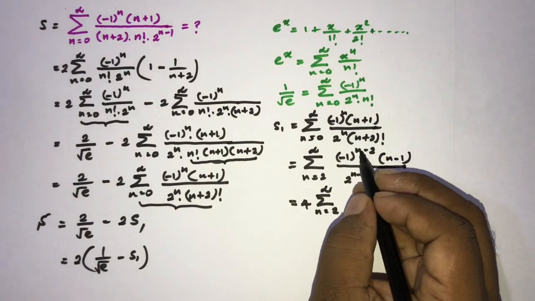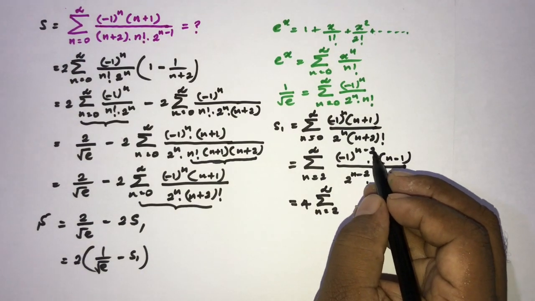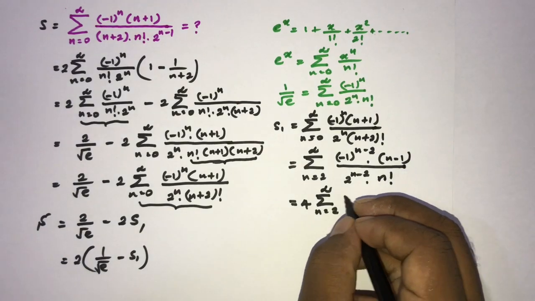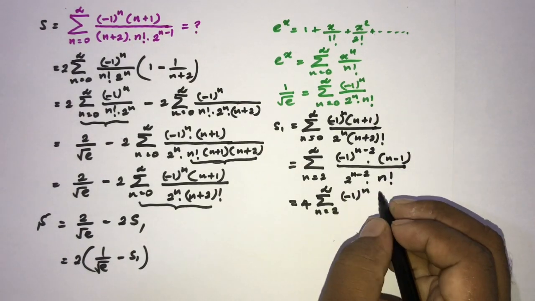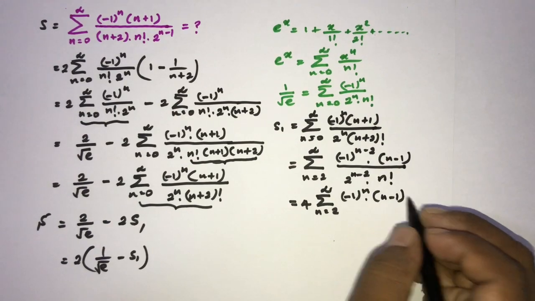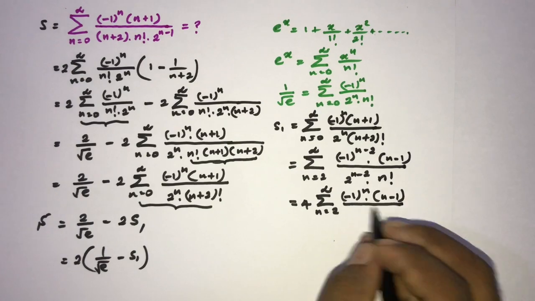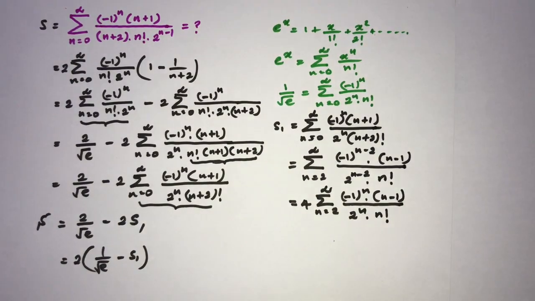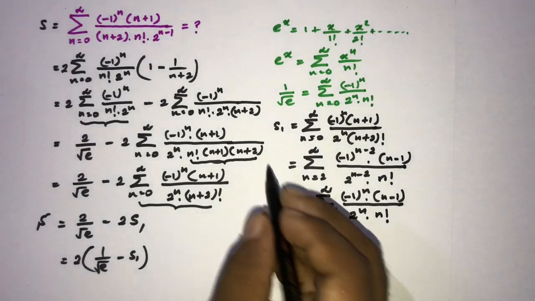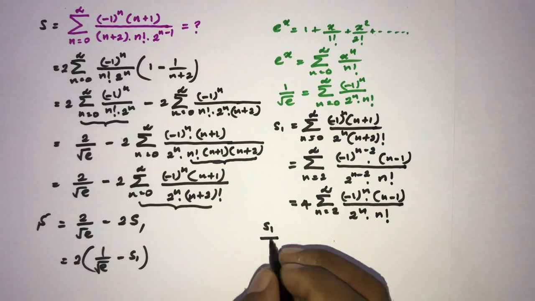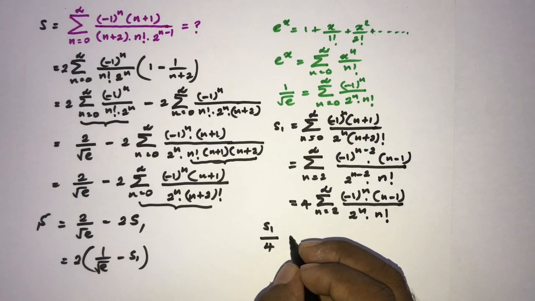Now here, minus 1 to the n times minus 1 to the minus 2 power. We know minus 1 to the minus 2 power is equal to 1. So here we have minus 1 to the n power times n minus 1 over 2 raised to the n times n factorial. Okay, then here this 4 I am going to take to the left hand side, so S1 over 4 is equal to